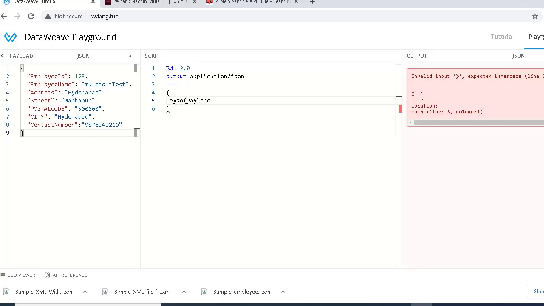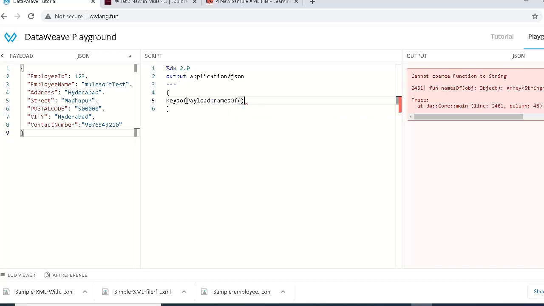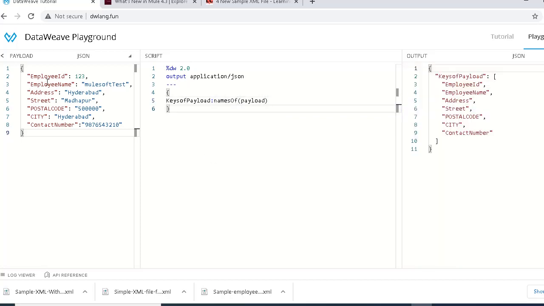Keys of payload, this is a key, and the function I need to use is namesOf payload. I can fetch all these keys: employee ID, employee name, address, state, postal code, city, contact number, like this, in an easy way.